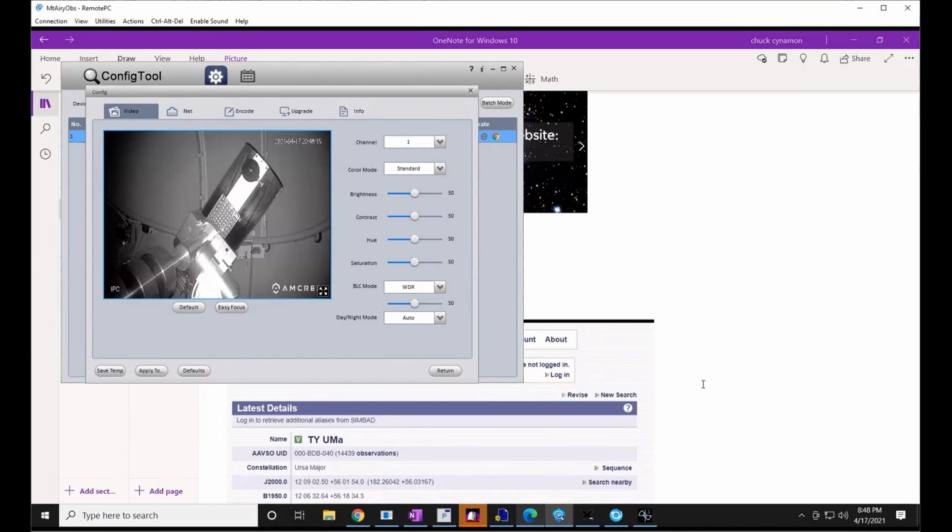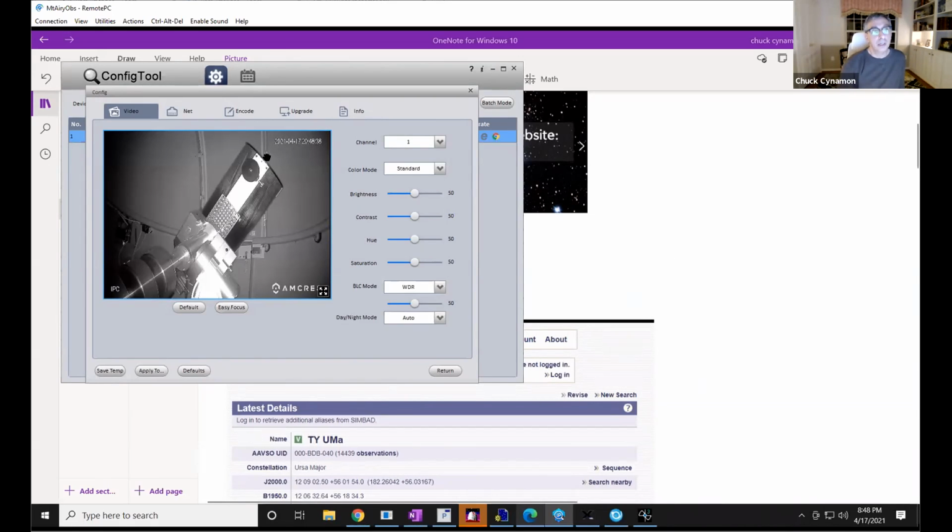But isn't that where the mirror is? So this particular scope is a CDK, a corrected Dall-Kirkham. I'm trying to remember what the K stands for. The CDK's primary is on the back, it reflects back up to the secondary at the front of the collection area, and then there's a baffle that goes back down the middle of the primary, so the light comes out the back. So that's the optical path.